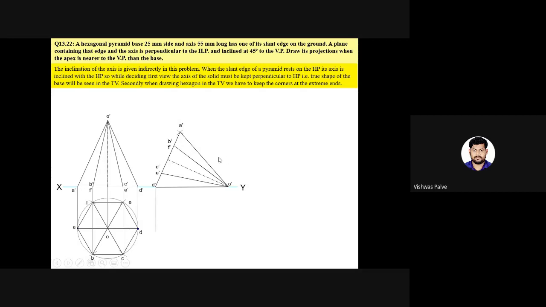For drawing the top view, naming is important. Take vertical projections, take horizontal projections. Wherever the intersection point of A horizontal and A dash vertical is, it will give you A1. Then similarly, B horizontal, B vertical, C horizontal, C vertical, D horizontal, D vertical, E horizontal, E vertical, F horizontal, F vertical, O horizontal, O dash vertical. After connecting this, when we observe it from top, what will happen?